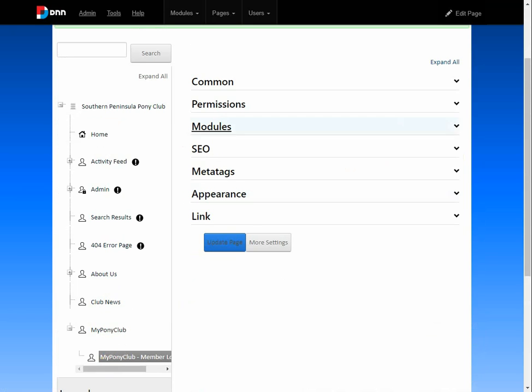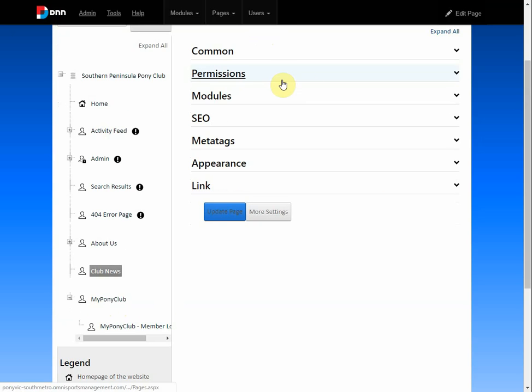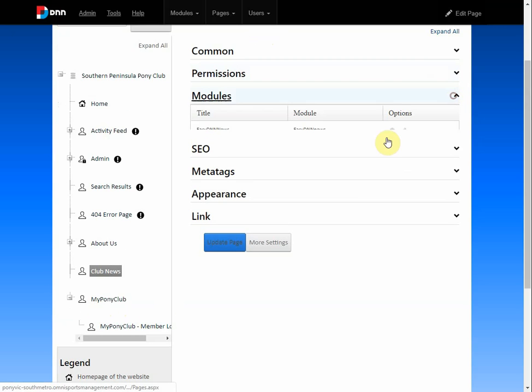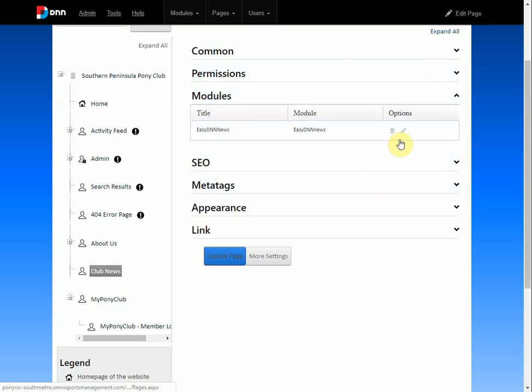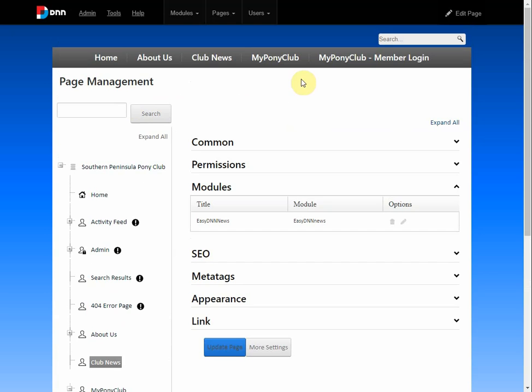This page is really cool because you can go to any page on your website and make changes to it. So let's, as an example, go and look at the club news, and we'll see what modules we've actually got on this page. And it should be DNN News, Easy DNN News. So we can see the modules there, and you can delete them, I believe. So if you've come up with an error, you can clean that up. But anyway, the key thing I wanted to show you here is with page management, you can change the hierarchy of your website so that it looks like